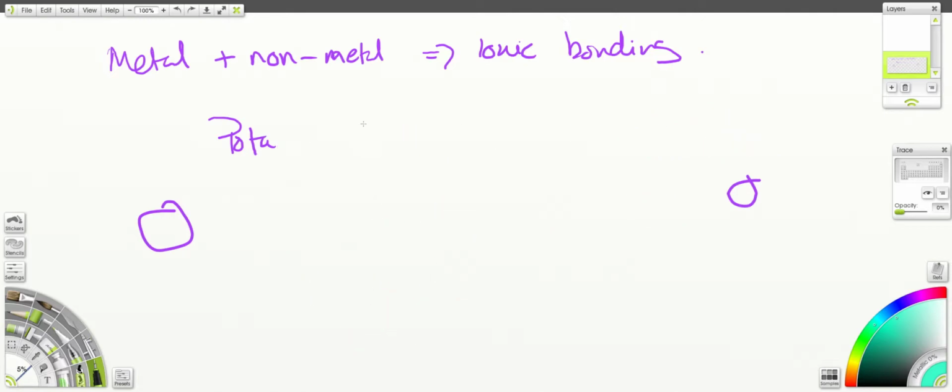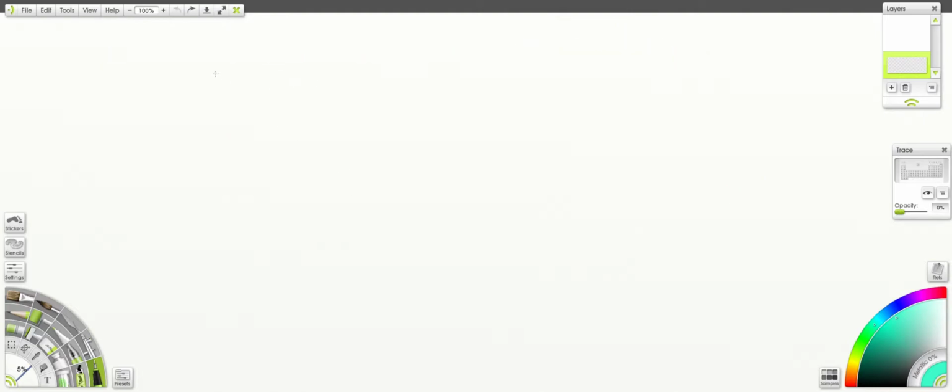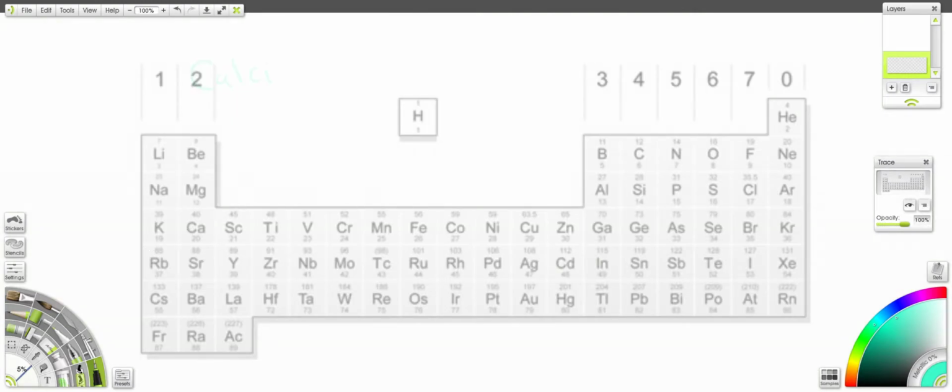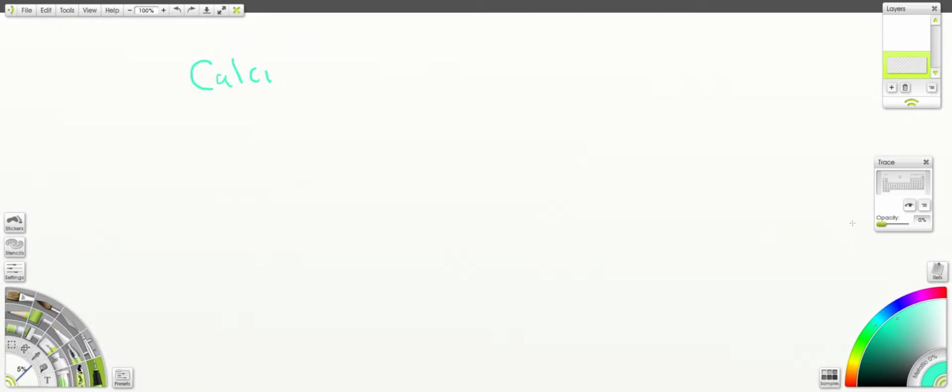Okay, so with a group 2 metal, we're going to have calcium, which is a group 2 metal. How do I know that? It's from the periodic table. Let me just show you. So here's calcium, right? It's a group 2 metal. Look, there's beryllium, magnesium, calcium. It's a group 2 metal. So if I go back and just get rid of this,